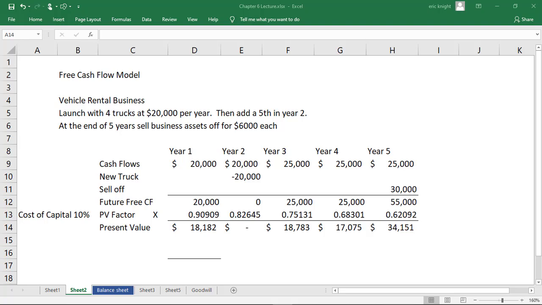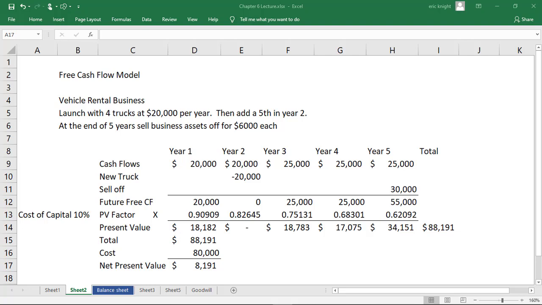They want some kind of a return. So a minimum return of 10% would be the cost of capital in this case. Either way, it's 10%, and we use that in our present value tables, and we get the following present value factors. And so this discounts the money to a present value. When we add all these up, the present values total $88,191.